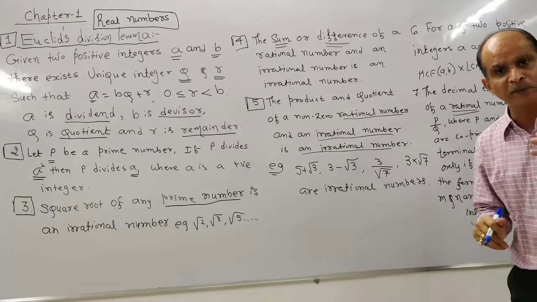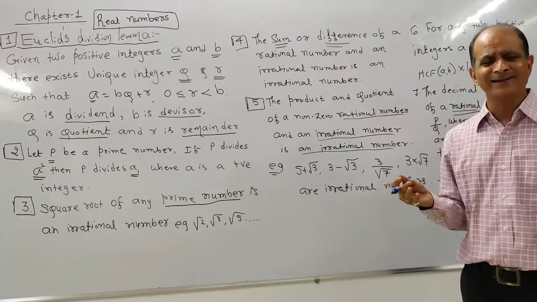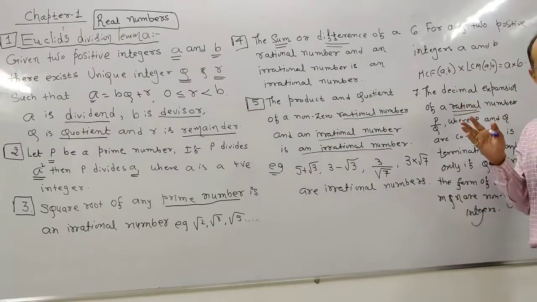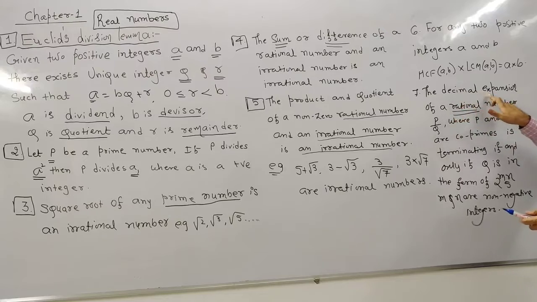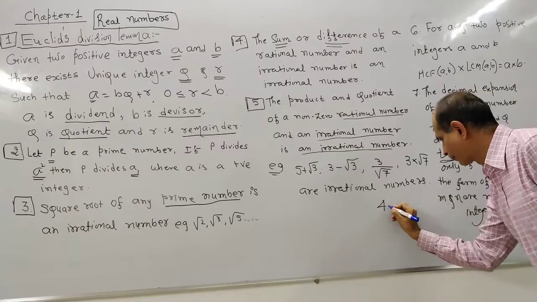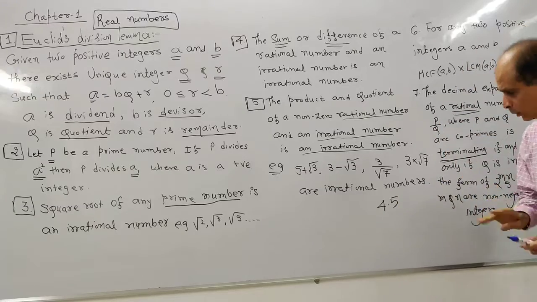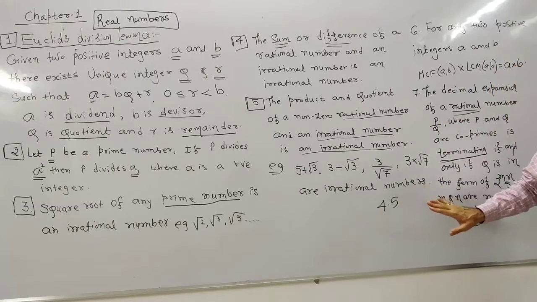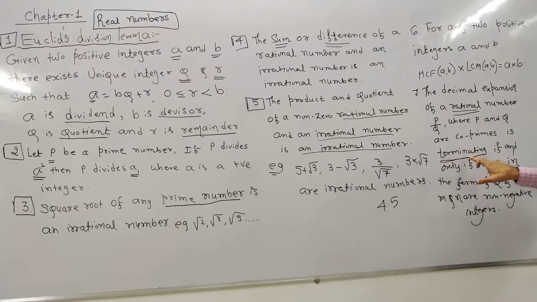So when you divide P by Q, sometimes you get a terminating decimal expansion. If the decimal expansion of a rational number P by Q, where P and Q are co-primes, is terminating. For example, 4.5, that is known as terminating because it terminates at 5. Terminating if and only if Q is in the form of 2 raised to m and 5